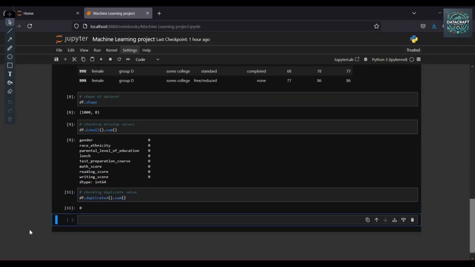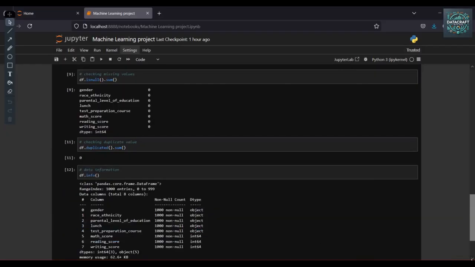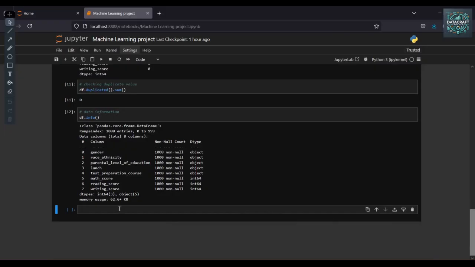So there is not any duplicate value. The next is the data information, df.info(). In this particular dataset, I have a total of 5 categorical features and a total of 3 numerical features.